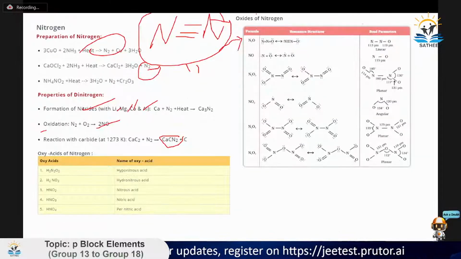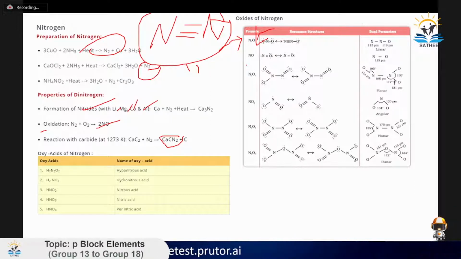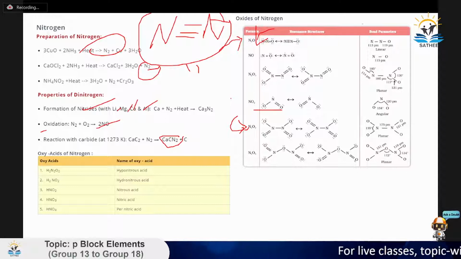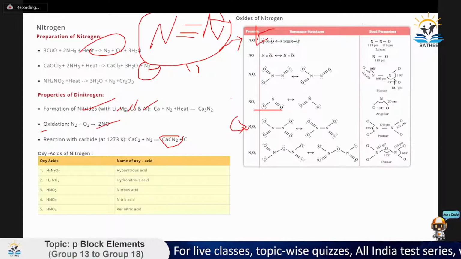Now let's come to oxides. Here are the important things. These oxides of nitrogen exhibit different properties, and many of them can be a dimer of one another. Like if you see NO2, you can write N2O4. Each of these oxides has a respective color, a respective preparation reaction, and a respective structure, which you should know very well,